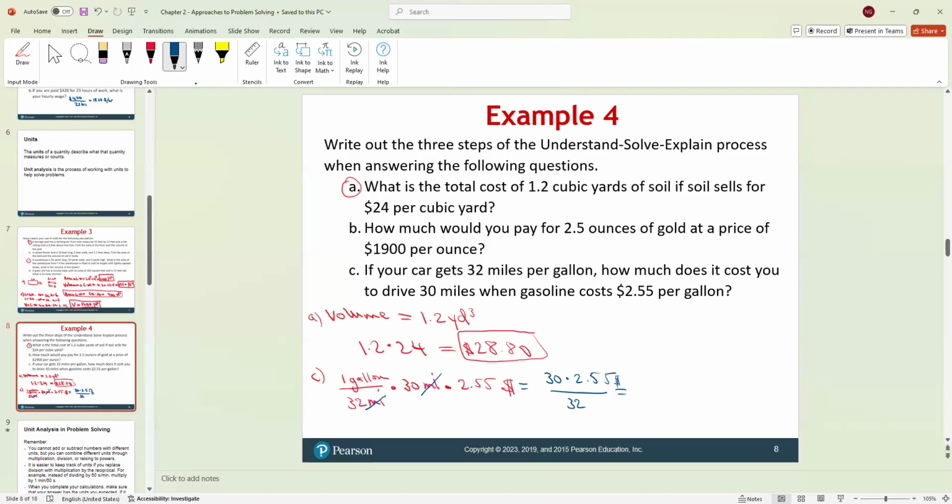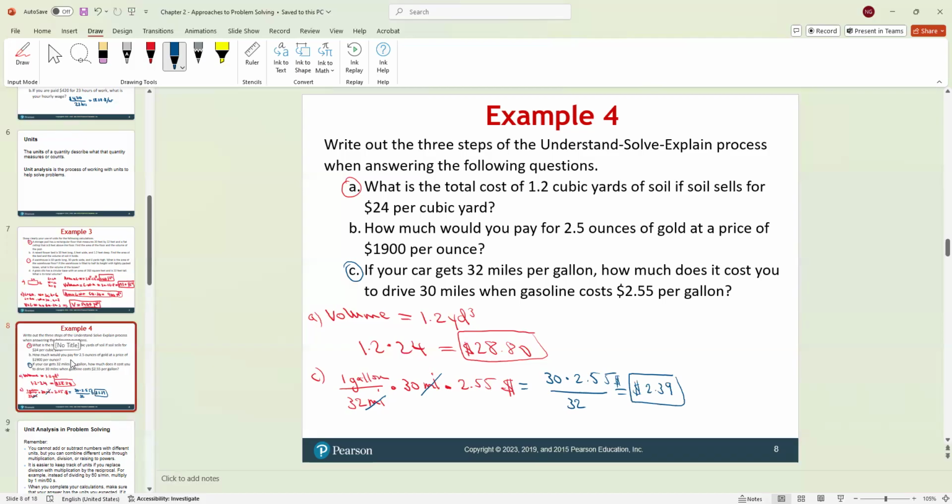Okay, so let me grab my calculator. 30 times 2.55 divided by 32. That gives you $2.39. Right? So I did this one for you. Please, if you don't get it, stop the video so you can go over it again on your own. And I'm pretty sure you're gonna enjoy it. But one thing we talked about, and I don't want to skip, of course, is